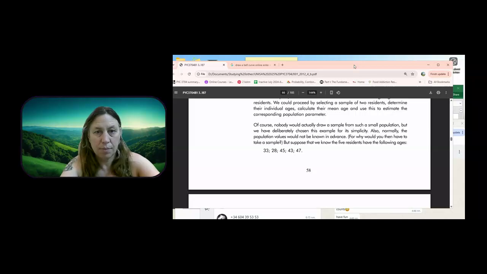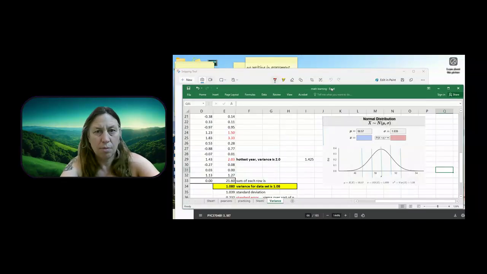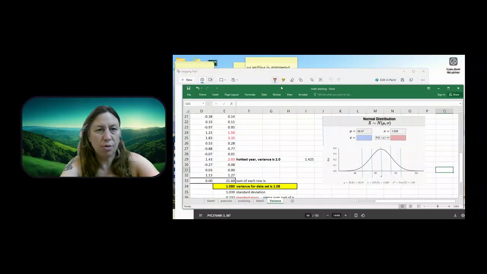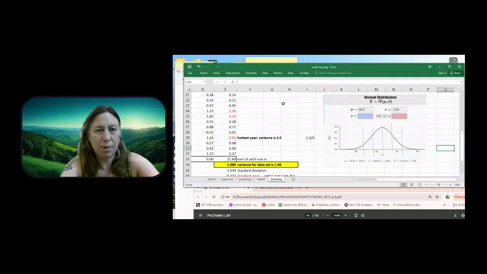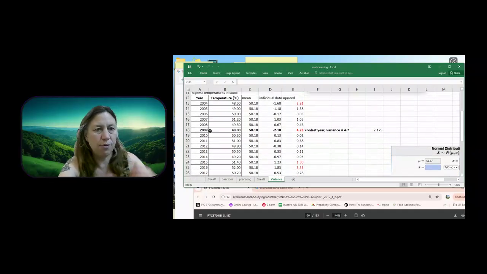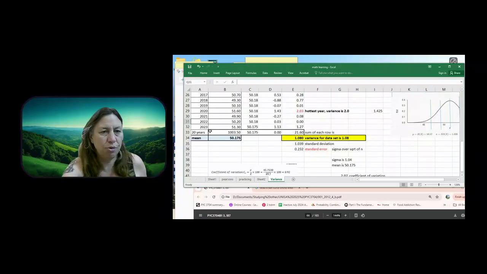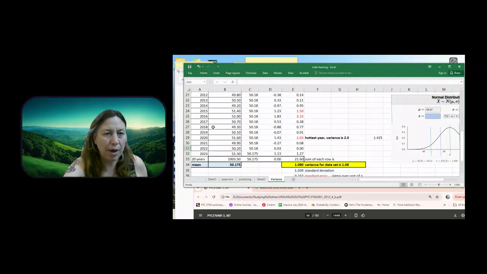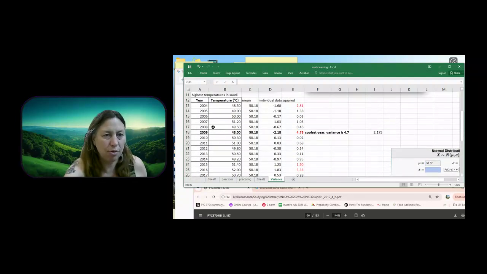Here we go. Okay, say we take the temperature for 20 years in Saudi Arabia, okay? The maximum summer temperature for 20 years, from 2004 to 2023. And now we can kind of predict future temperatures from this. So we take all of our maximum temperatures here, temperature in degrees centigrade,